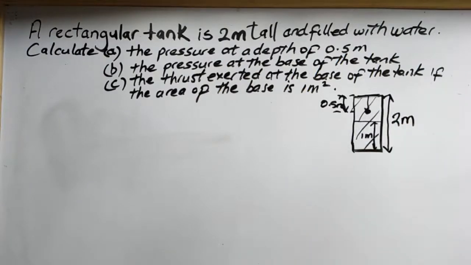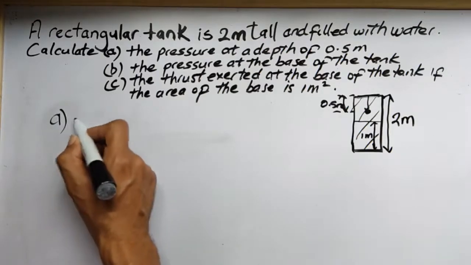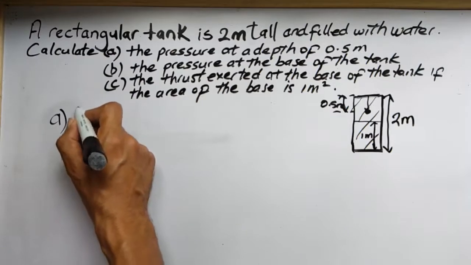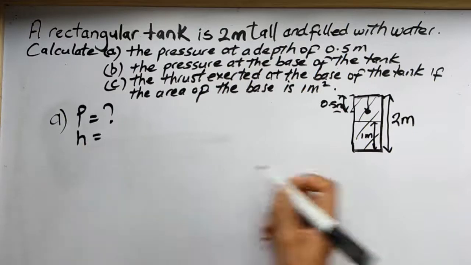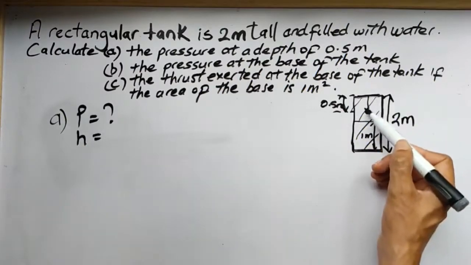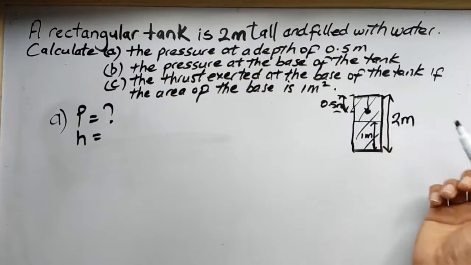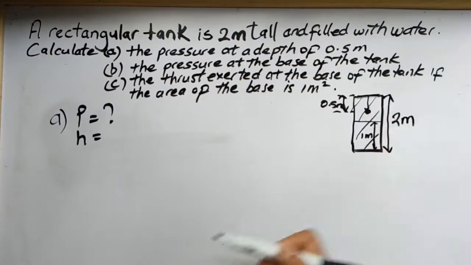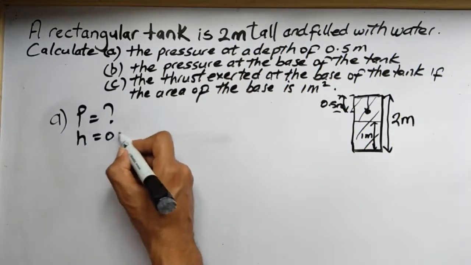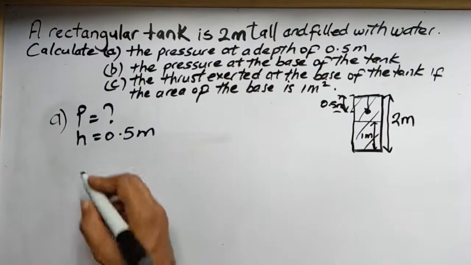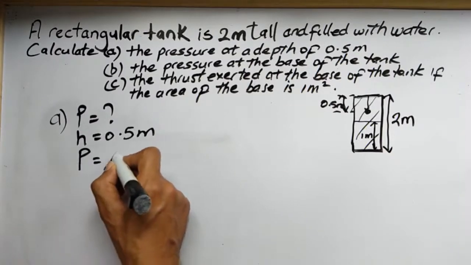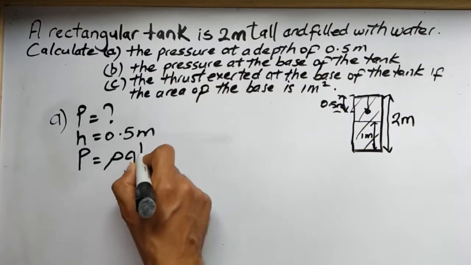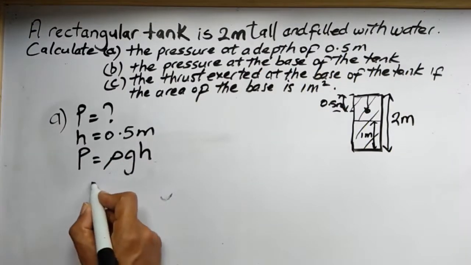So this is fluid pressure, and we could write that equation to be able to calculate it. So I'll head it up here, that this question wants us to calculate the pressure, and they gave us the depth, which is a height, which is the height of the fluid above the point, or the depth of the point from the surface of the fluid is 0.5 meters. So we can write the equation for fluid pressure. It says pressure is equal to the density times gravity times height, which is equal to